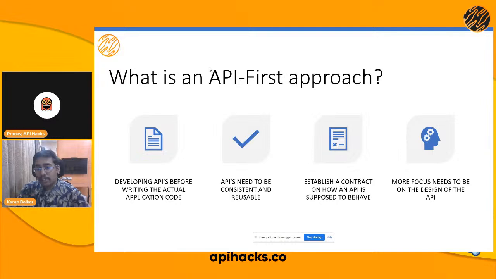So based on the requirement, the backend team would first start developing the API for login, and once they have developed the API and tested it locally, they would then send the API to the front end team, or you can say the client side developers, to then consume it.